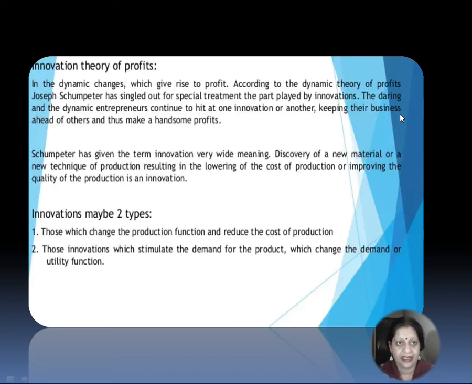Innovation theory of profit. In the dynamic changes which give rise to profit, according to the dynamic theory of profits, Joseph Schumpeter has singled out for special treatment the part played by innovations. The daring and dynamic entrepreneurs continue to hit at one innovation or another, keeping their business ahead of others, and thus make a handsome profit. That means every time they give something new to their business, they are in a category of innovators, great innovators. And by keeping their business ahead and continuing in the race of innovation, they earn